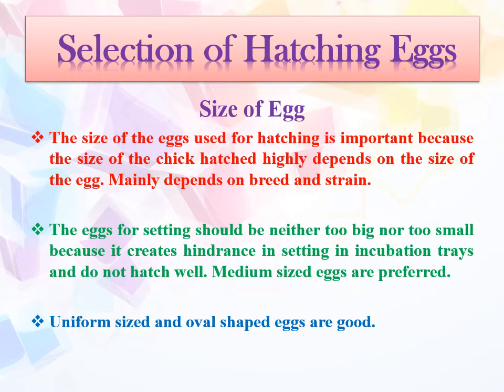So after a total of 21 days of incubation, the chick will be born, and after vaccination, within 1 day, the chick is transferred to the commercial level broiler or layer farm. It is the place where the artificial incubation of chicken eggs occurs. It is called a hatchery. So today our first topic is selection of hatching eggs. It means which type of fertile egg you should select for hatching purpose or to send to the hatchery for hatching at the breeder farm.